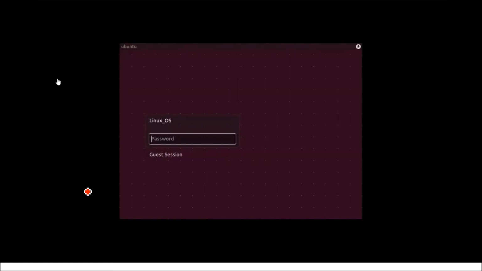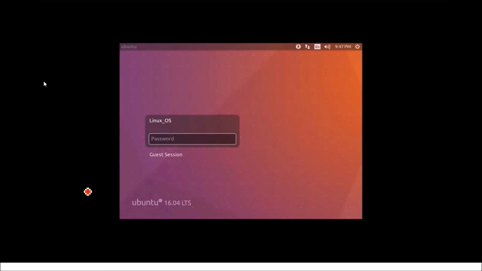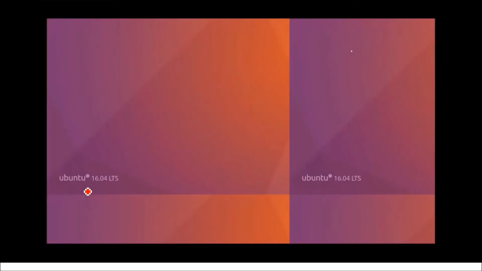So currently I'm just getting into my window. Once I get into that, I will show you how to log in with the actual password which is configured right now. So now you can see I'm getting into the operating system. Now I am typing the actual password which I have, and you can see that I am in that particular user which is configured on my OS.